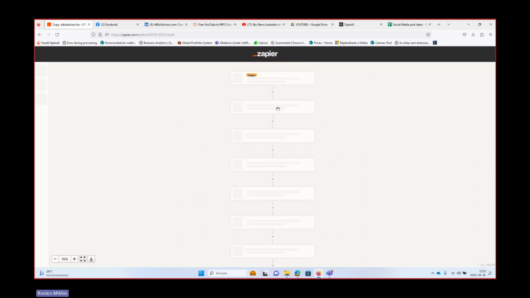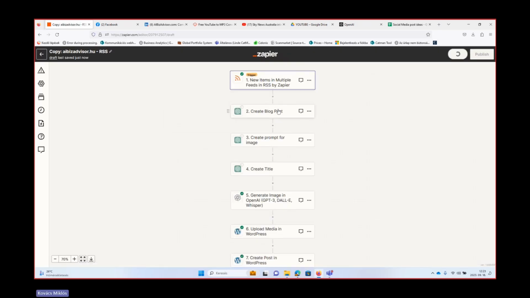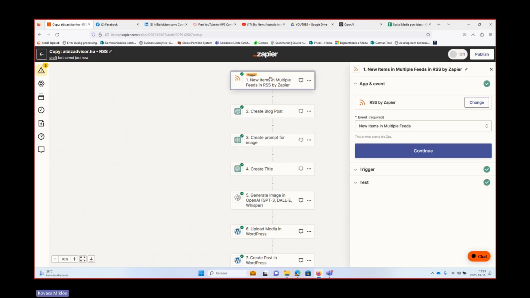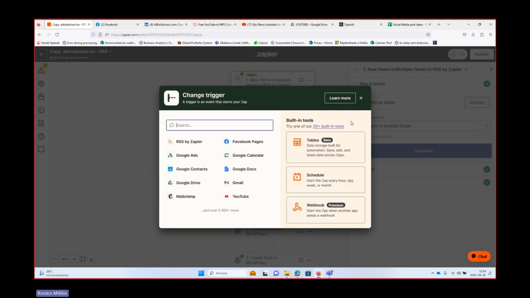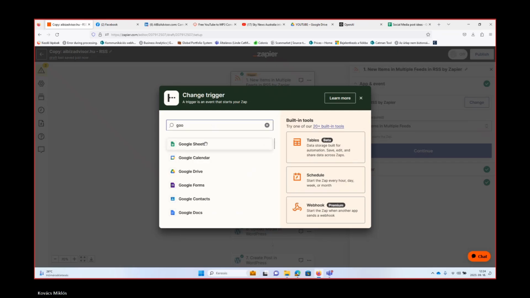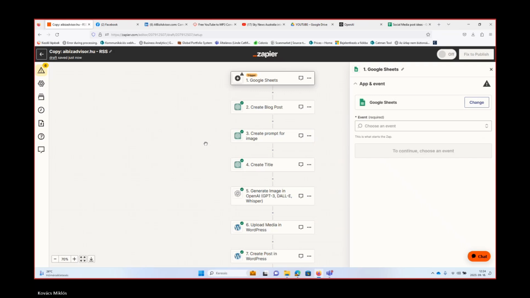So if I click on that, I can edit again. And then what will be the logic? Here I want to use a Google Sheet to feed the workflow with my ideas, right? So I'm going to change the RSS feed to Google Sheet. Okay.